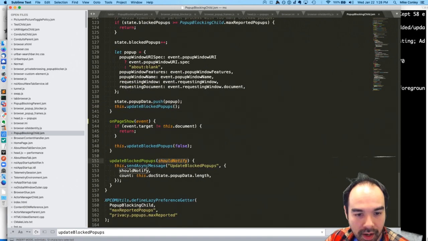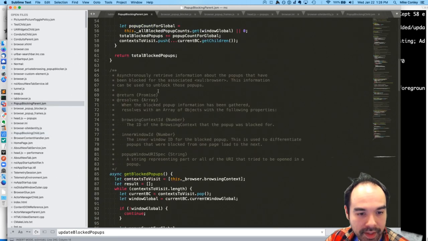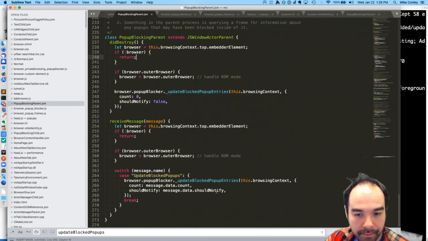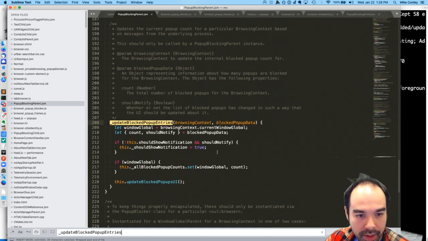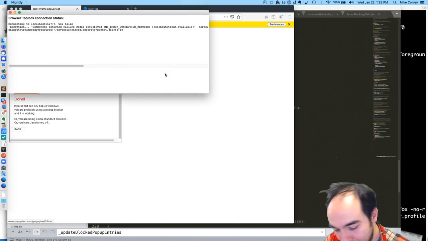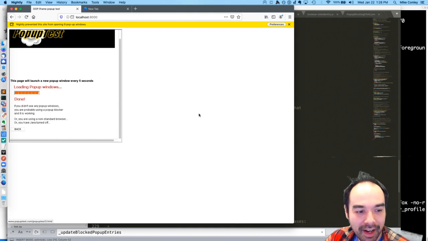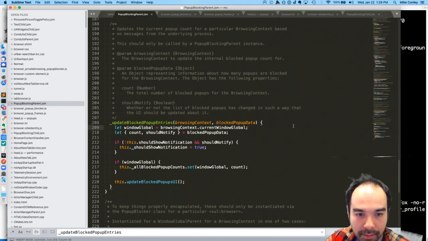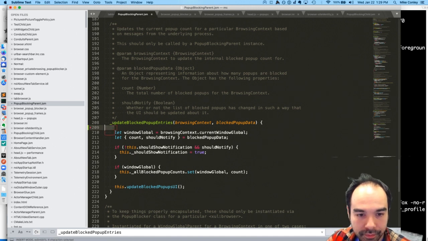So should notify is undefined. So how is this working? Pop-up blocking parent. When we receive the message about a pop-up being blocked, we update the entries. If should show notification, I'm gonna set a breakpoint. We're gonna analyze this. Please, toolbox work today. Damn, come on. No, not today for the toolbox. There's something wrong with the toolbox sometimes where it doesn't work until I restart the machine. It's really frustrating. So instead, I'm going to